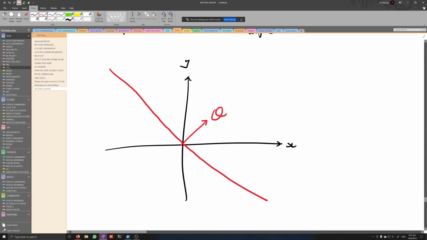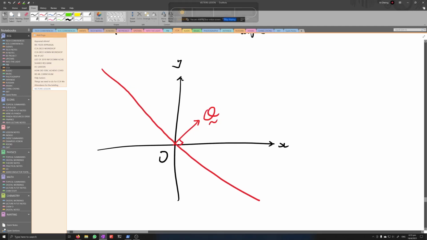Let's say that we have a normal vector, we call it Q, centered at the origin. By extension of what we've learned earlier, this will mean that the equation of the plane is